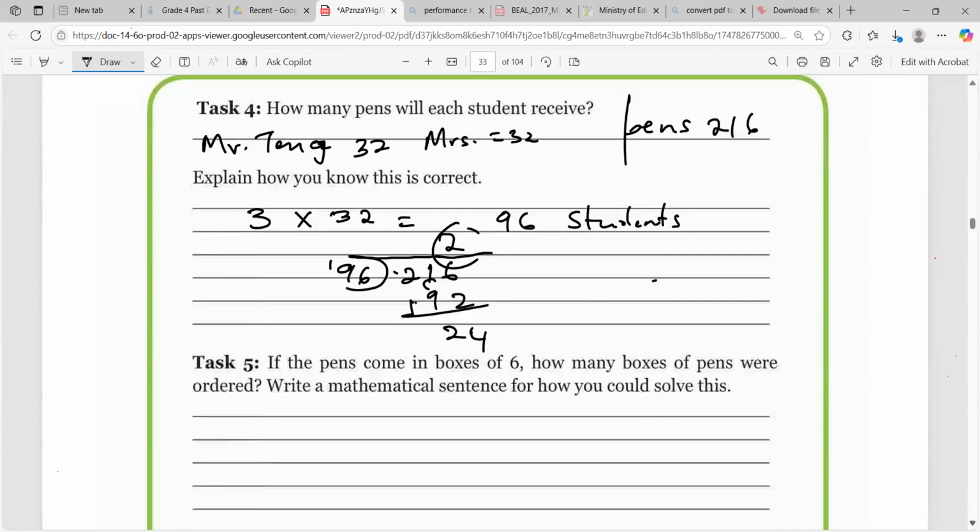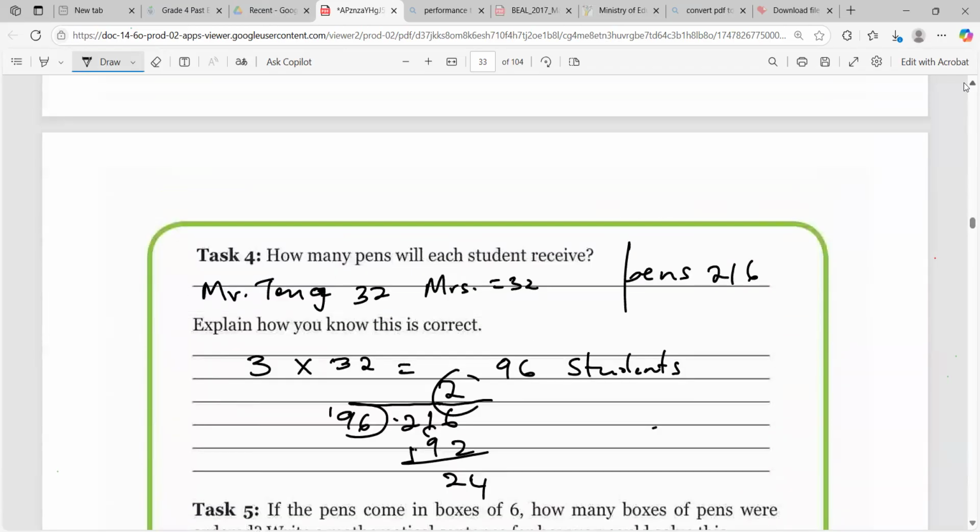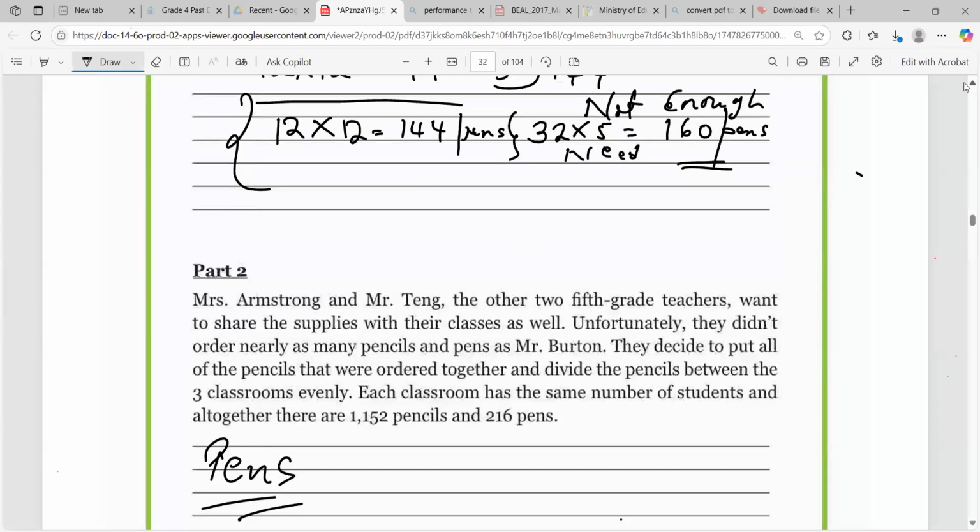All right, let's look at task 5. If the pens come in boxes of 6, how many boxes of pens were ordered? Write a mathematical sentence for how you could solve this. And of course, guys, I'm going to go back up so you can see the information. It says it's a total of how many pens. And if they came in boxes of 6, how many boxes would be needed